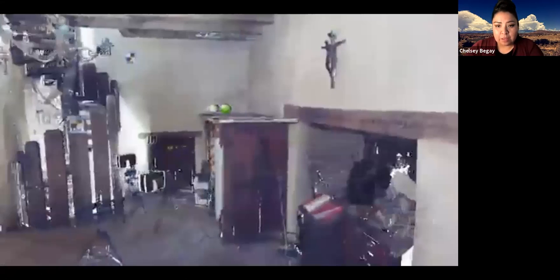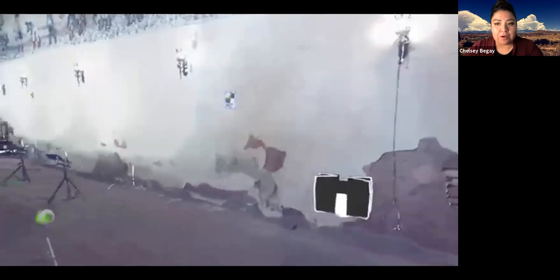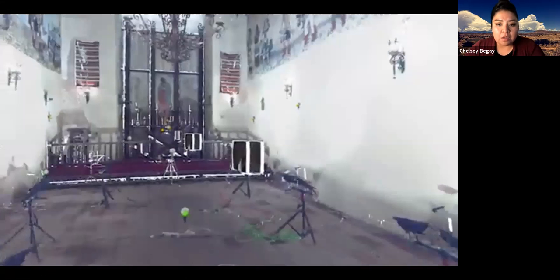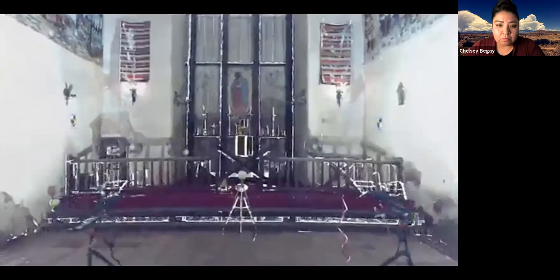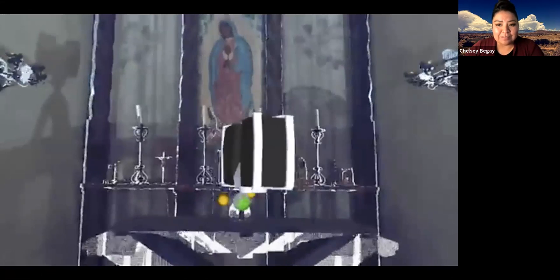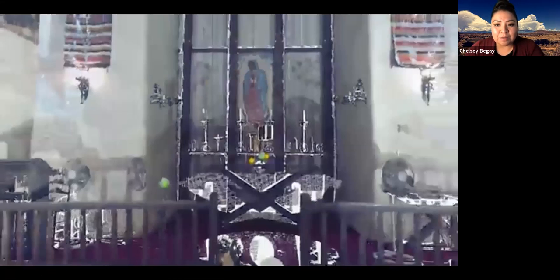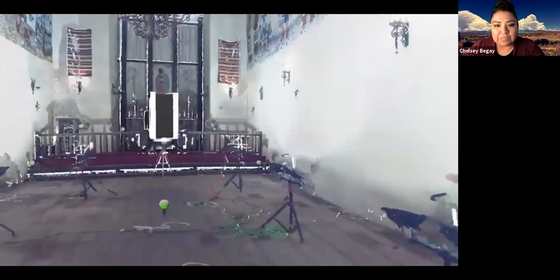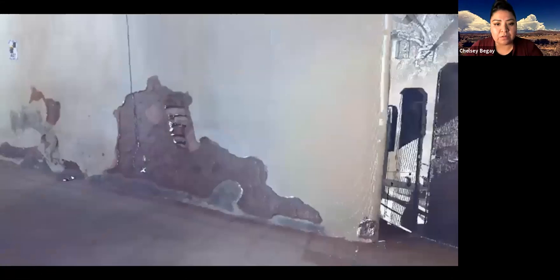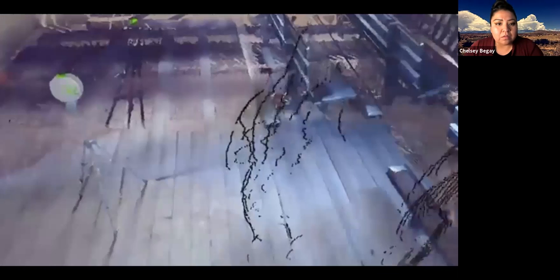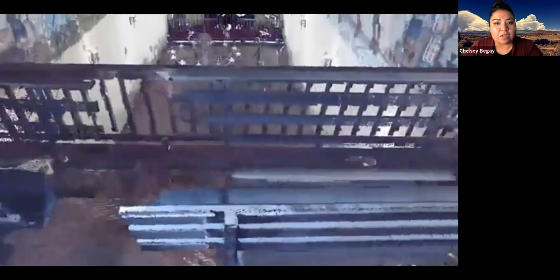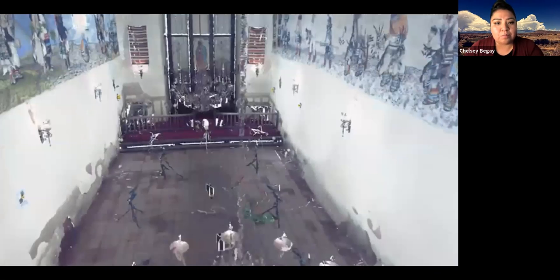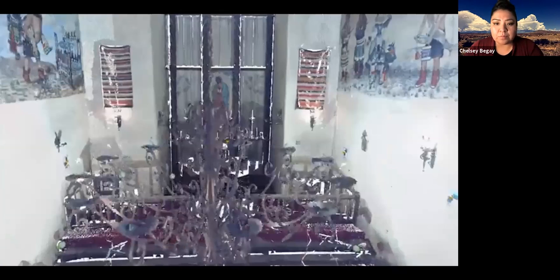Yeah, so we're going through the front part, or the main area, of the Zuni Mission, going up towards the altar. And then we'll hit these different points. These points were set up when we were doing the LiDAR scanning, so the camera captured these different areas. And so going up the stairs, and you see the vigas, and then going down. And on each side, you see the murals that we were talking about.